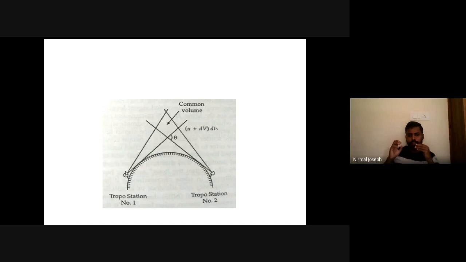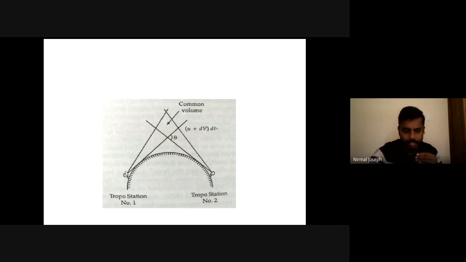Even if somebody knows the frequency, they won't be able to interfere in between, because their antenna orientation should also be perfectly matched. Then only the communication is possible. So if we are establishing a communication link through tropospheric scattering, it is very difficult to interfere into that, or to extract data from it by an outside agency. So it is used by military forces and all. It is very secure.